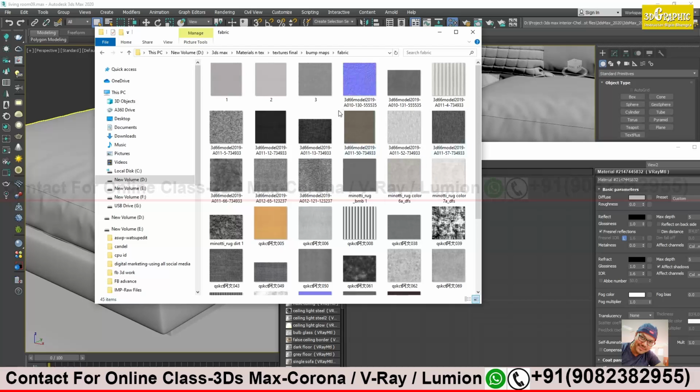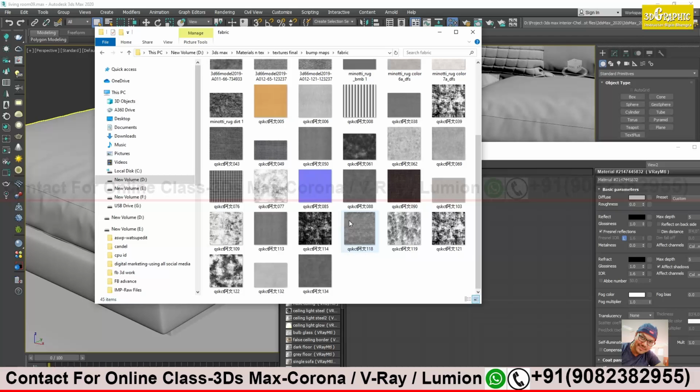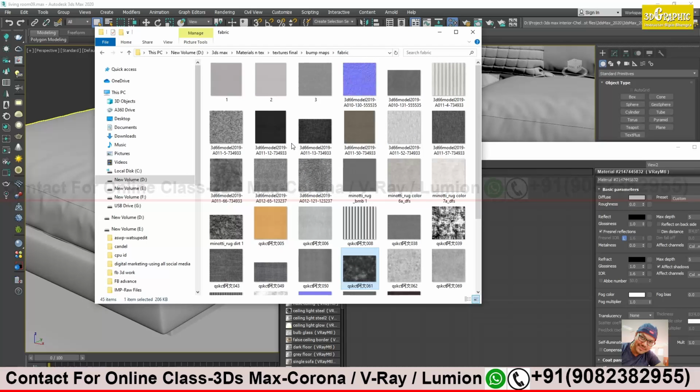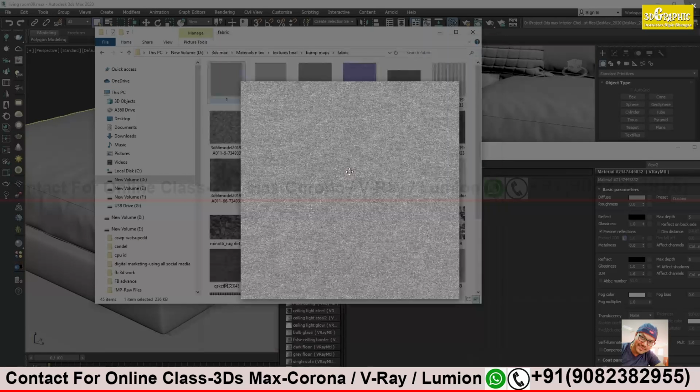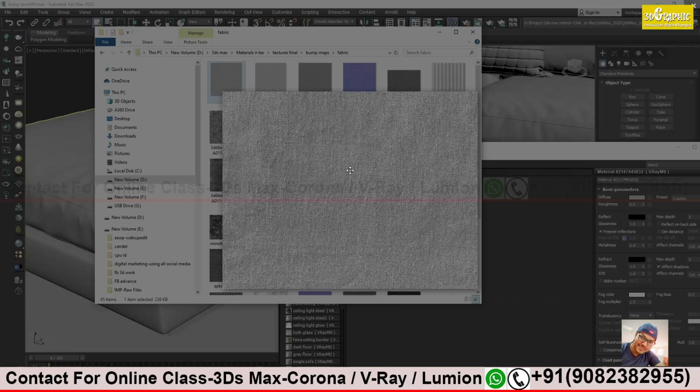The only thing is that I made a separate group of fabric. It will be with all the other materials over there. These textures are from the same folder, the same file which I have saved. The only thing I did was make a separate folder and save all the fabrics separately. But you sent it to me, sir? Yes. These are with you.